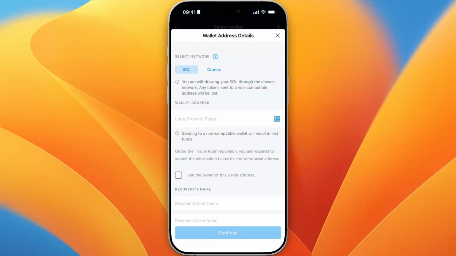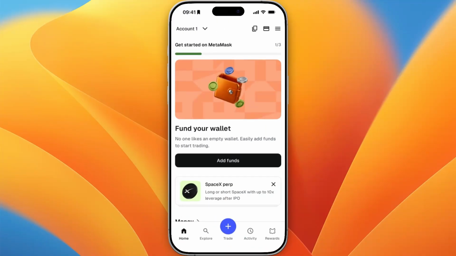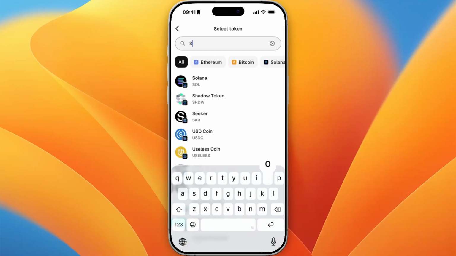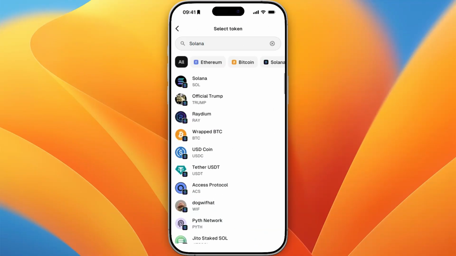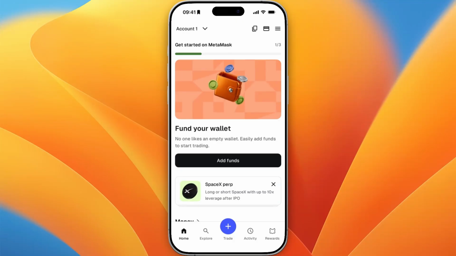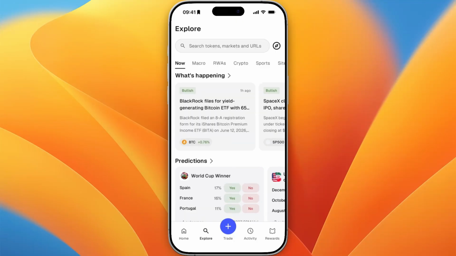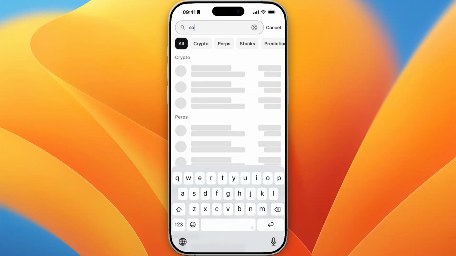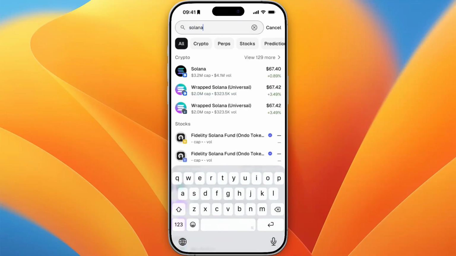Now open up MetaMask and click on Add Funds right here. Then here simply going to search for the same cryptocurrency, so for me Solana. And on MetaMask click on Explore and here just going to search for the same cryptocurrency. So for me that's Solana, and then simply going to open that up